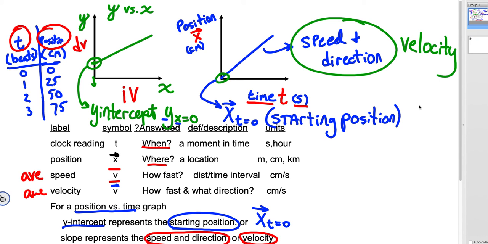Now, what if instead of having 2 batteries in a car, you only had 1 battery in the car? Well, you would still have a starting position of 0. It could still move in a positive direction, but if it was moving in a positive direction but at a slower constant speed, you might expect a graph to look